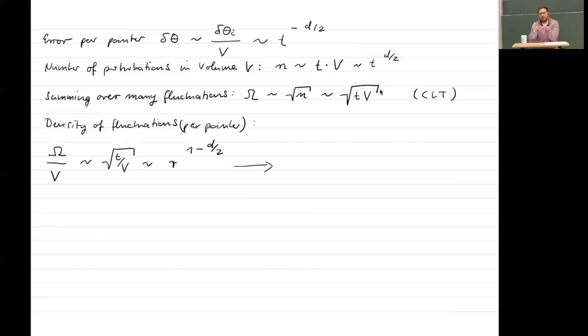Suppose we are all looking in the same direction. Think about the Ising model in the first slide. All spins are pointing in the same direction. All people are looking, pointing in the same direction. Now somebody turns around and points somewhere else. Yeah, so that's an error, or that's a